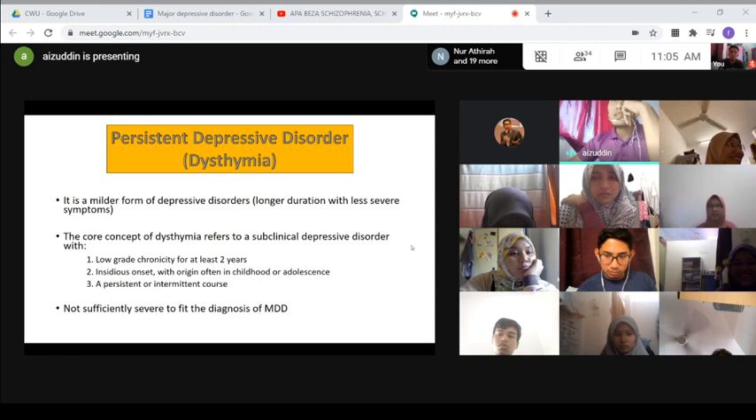Okay, this is the diagnostic criteria. I think you can read it by yourself. So apa beza diagnostic criteria PDD and MDD? What makes it different? Okay, the main